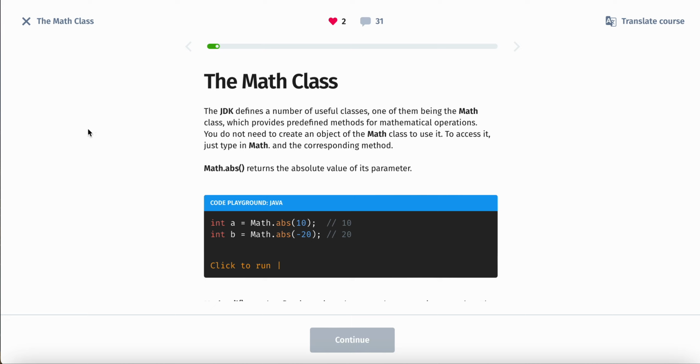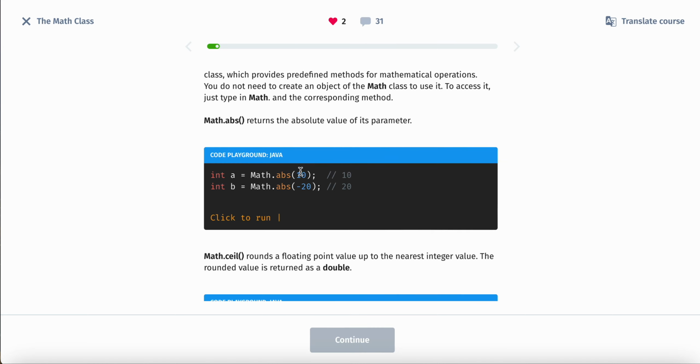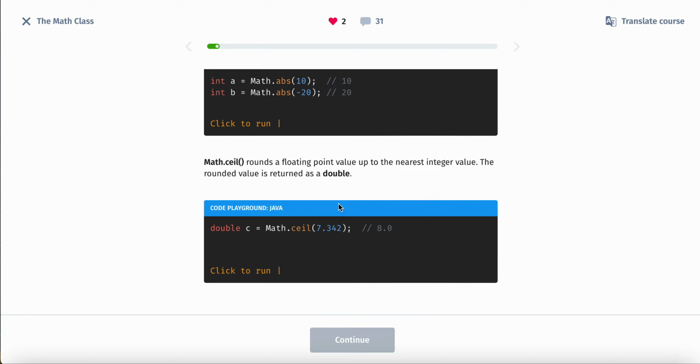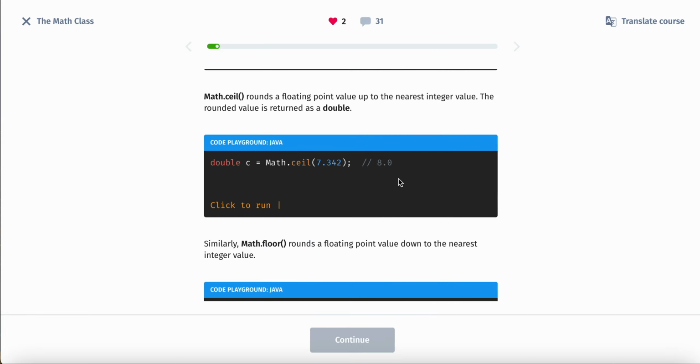So for example, here's an example method, Math.abs, which is the absolute value of the parameter inside. So this will return 10 since it's the absolute value of 10. This will return 20 since it's the absolute value of 20. And then